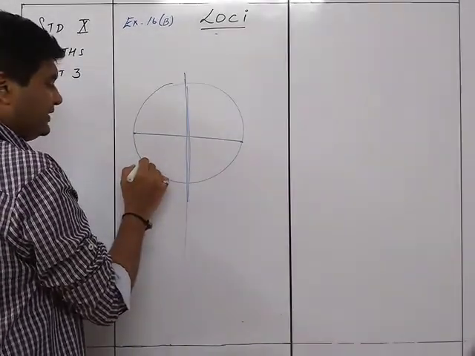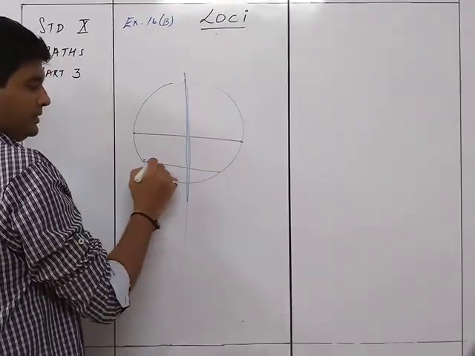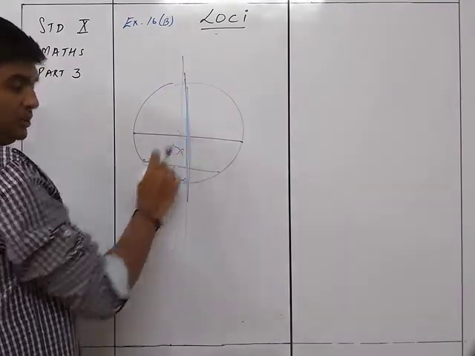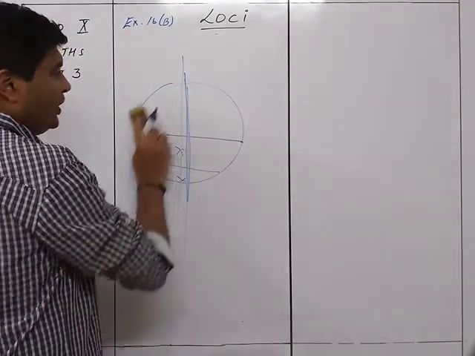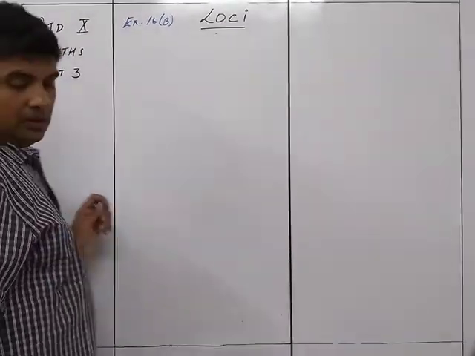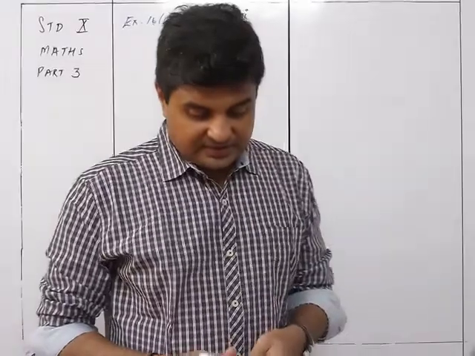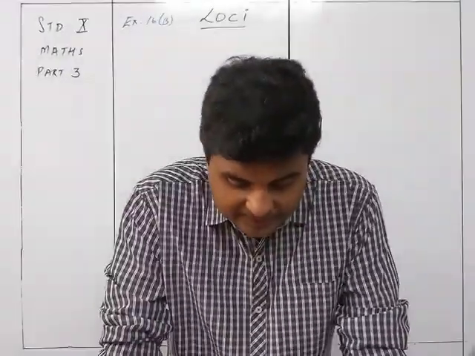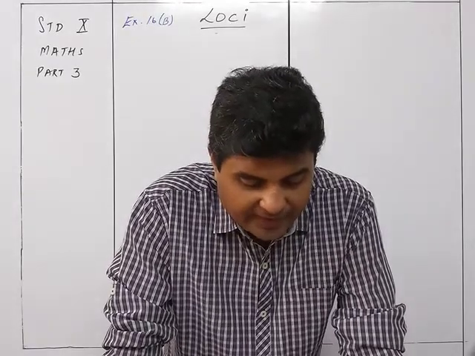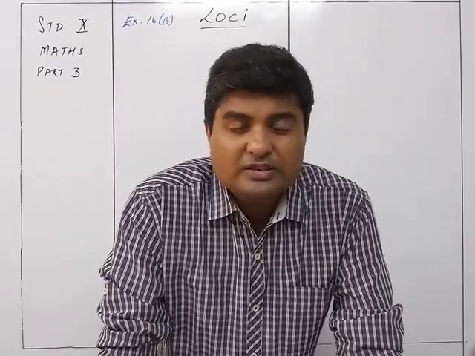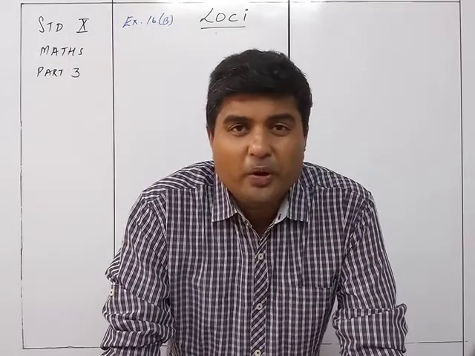So that will be the diameter. So if we are having even these two points, then what will happen? The midpoint, the perpendicular bisector of this thing will be the diameter only. So that's the diameter of the circle. Okay, so question number 8. The locus of a point inside a circle and equidistant from two fixed points. That is nothing but the chord. Two fixed points will form the chord.